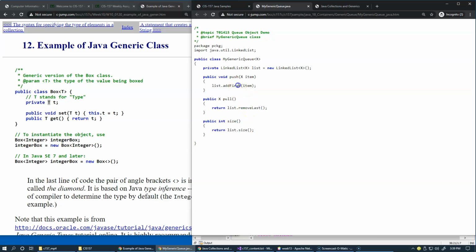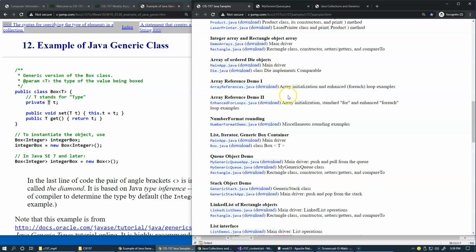So basically we add elements at the top of the queue and remove elements at the back of the queue because we remove the last element from our linked list. We also can report whether the queue has any elements so that there is a size method available. So here this is a generic queue